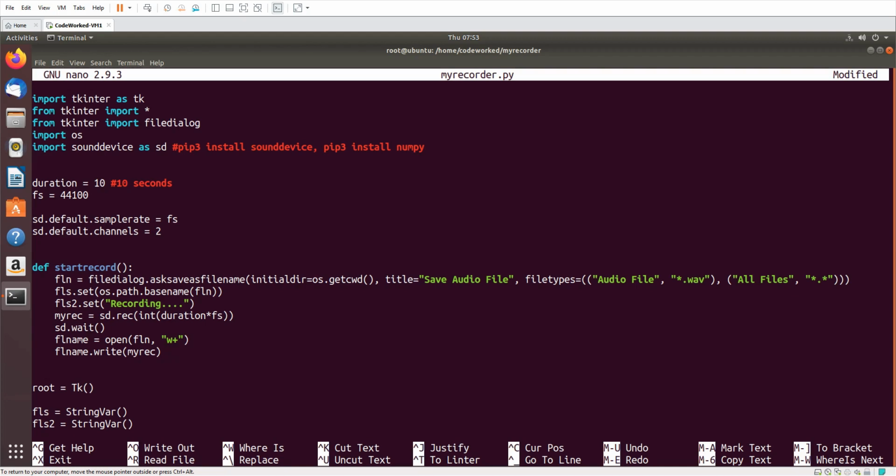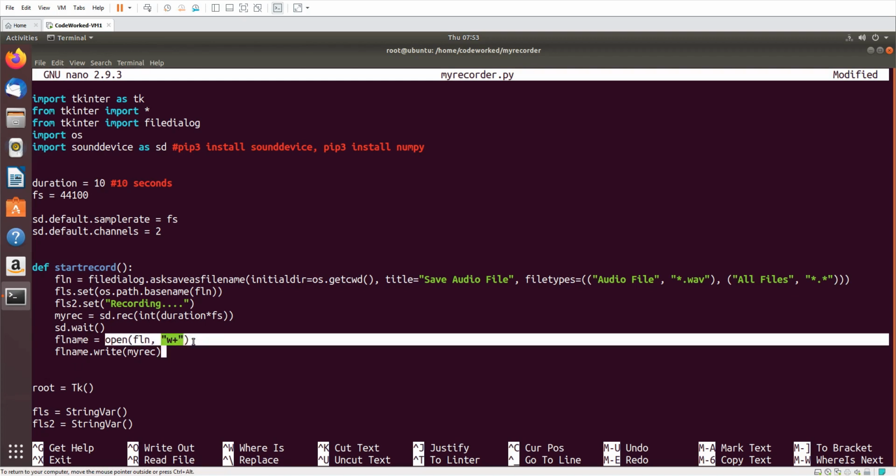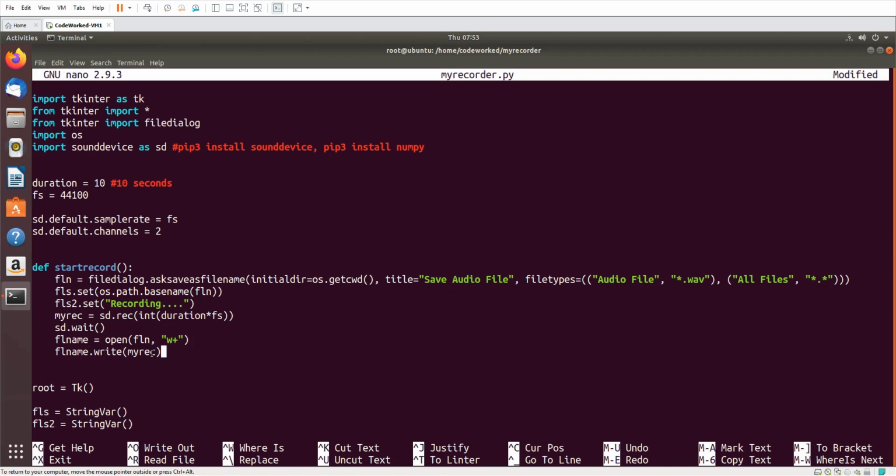But for audio saving it won't work. It will just save the file, but it won't write audio to the file and it will throw an error. Let me show you.